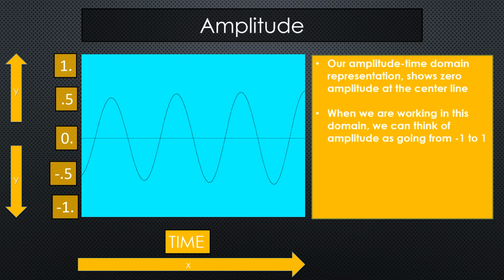And amplitude, more or less, is what we perceive as changes in loudness. The greater the amplitude, the louder the sound. So in other words, the greater the displacement from that center line, the higher the peak and the lower the trough, the higher the amplitude, the louder the sound is going to be. There are a few caveats to that, which we will discuss in the future, but more often than not, if you see a wave that is moving either higher or lower from that center line compared to another, it's going to be louder. We can measure this theoretically from -1 to 1.